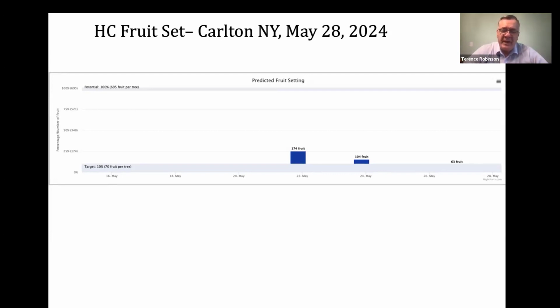So what happens in blocks that were already close to the target, that were thinned in the heat, is probably over thinning. I feel bad about that. The heat was really a unique sort of challenge. Now, I wanted to point out